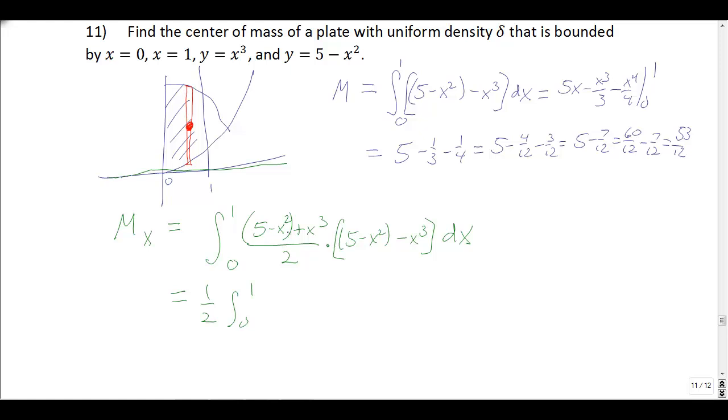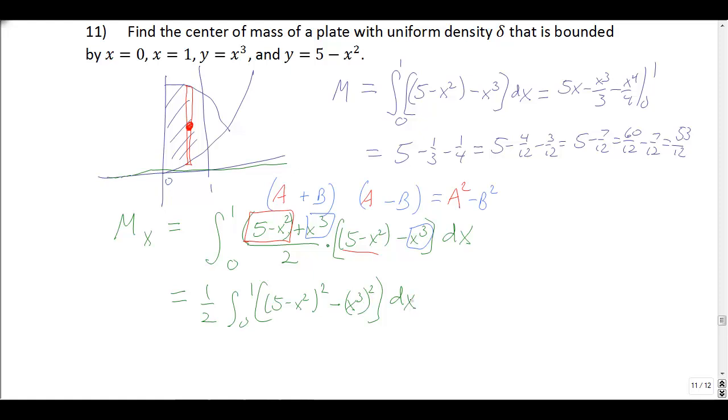Note this is a plus b. So let's do it this way. So this is a plus b, where that's my b, here. And then over here we've got really a, and then the same b here, we get minus b. So this is a plus b times a minus b. Now if you know your formulas, this is a squared minus b squared here. So you can use that to maybe help out. That tells me this is 5 minus x squared, squared, minus x cubed, squared